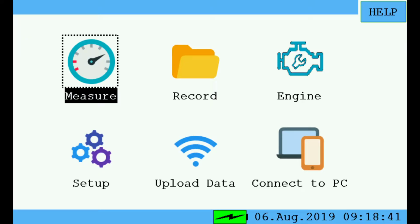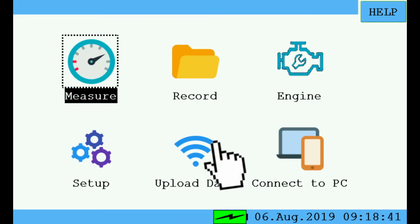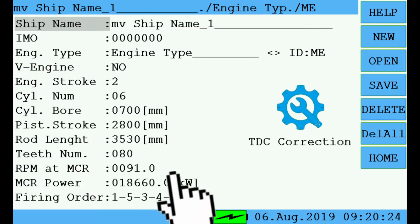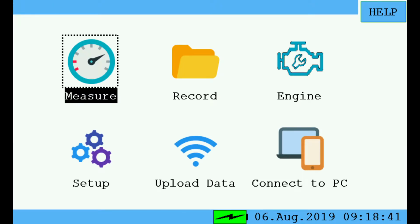the main screen. Choose Measure to open the measurement screen. Your PREMET X will remember the last engine you measured. Please check in the headline what engine is currently active. If you want to measure a different engine, go back to Home and choose Engine. In the next screen, choose Open to open a new engine or New to set up a new engine in your PREMET X. If the right engine is on the display, press Home and go back to the main screen